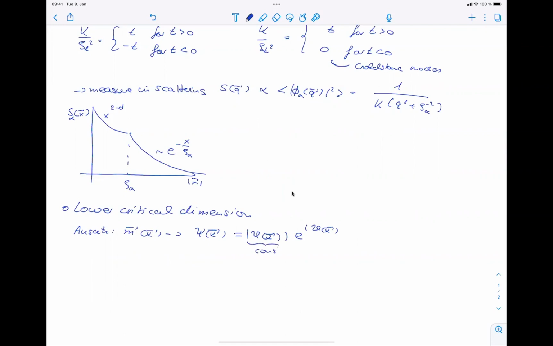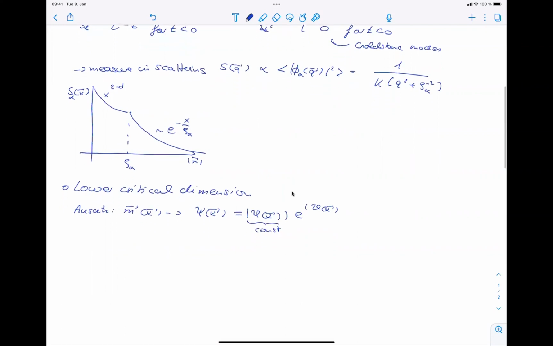So this amplitude we take as a constant. And then we find that the correlations of these angles for large distances have the following behavior. It's either constant,